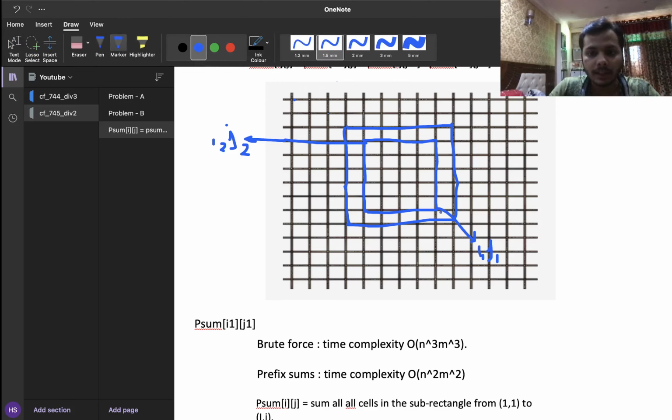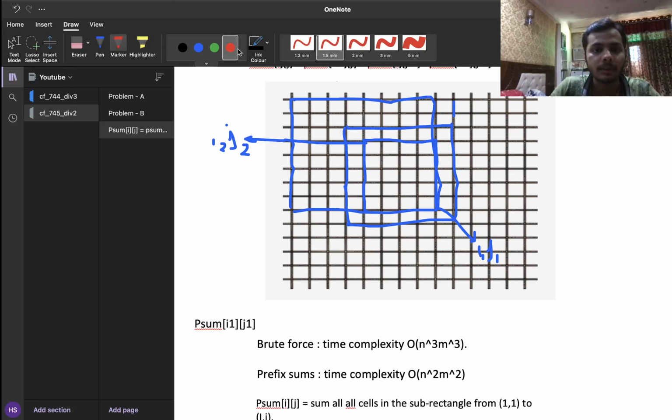So we have the number of ones from here to here. We have the number of ones from here to here. Okay, great. But I only needed the number of ones in this region, in the middle region. So I'll have to subtract two regions, right? One is this region and the other is this region, right? So I need to subtract two regions.